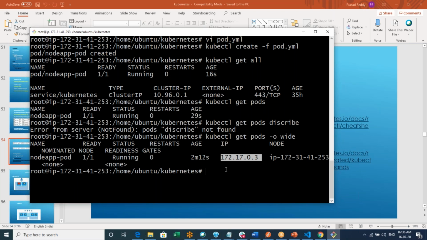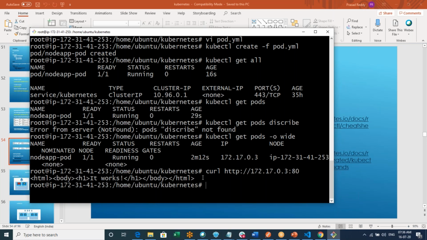Fine. So now I can run this particular one. How do I run it? HTTP, so I can say localhost. But it's not localhost, right? So I need to give the IP, 172.17.0.3. By default it runs on port 80. Now you can verify here.